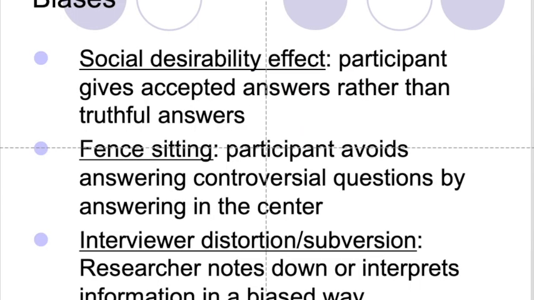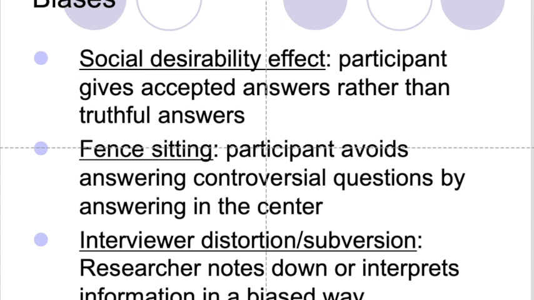Okay. Some of the biases that you might see in surveys include things like the social desirability effect, that your participants actually often want to help you, especially in a class like this where they know this is part of your project. They're interested in trying to confirm your hypothesis. Generally, participants are nice and friendly, and they want to help you to get the answers you're looking for. So what that means is, though, if they can guess your hypothesis, they may give you the answers you expect, which is actually not what you want, because it doesn't tell you whether or not they were truthful